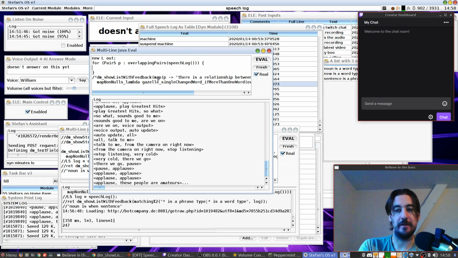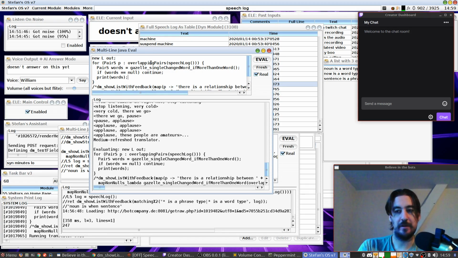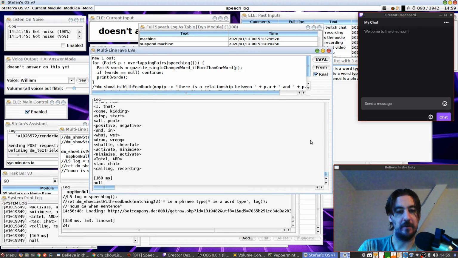Okay, here is this comparison function from the Gazelle logic engine, which checks if one word is changed. And this checks if there's more than one word in the whole line. If there was just one word in each line, we skip this for now. We could keep it, but for now we skip it. This yields a pair, and if there's no result, we skip. And we just print to check. Oh, this needs some arguments, obviously, which is just a pair of lines.